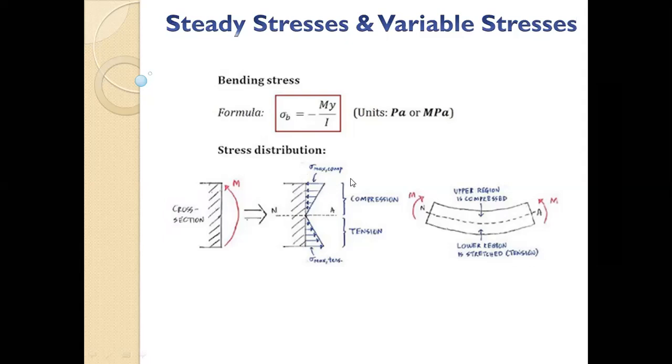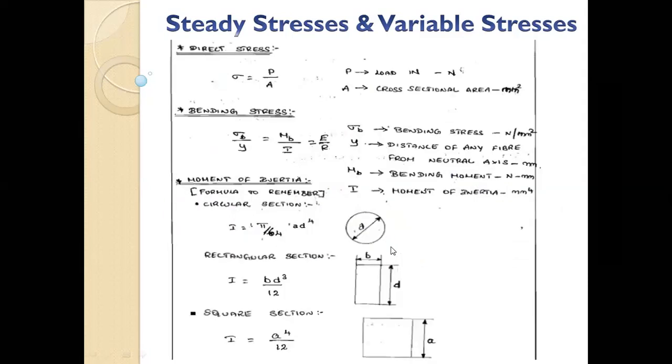Are you getting it? So this is how your bending stress will be calculated. I have explained it at high speed because we don't have much time. But remember this equation by heart, both the torsion and bending equations. Sigma b upon y is equal to M upon I. It's basically M upon I is equal to sigma b upon y is equal to E upon R.